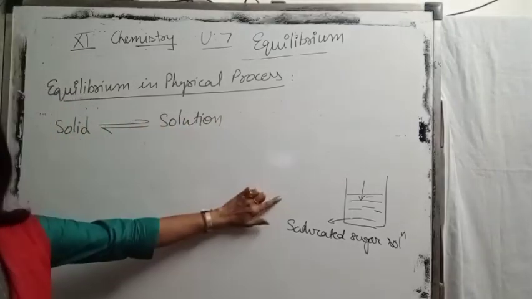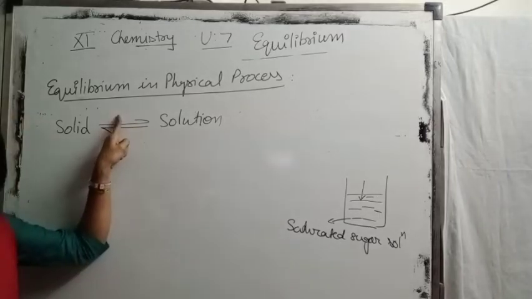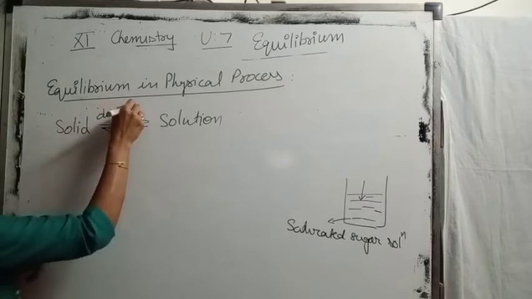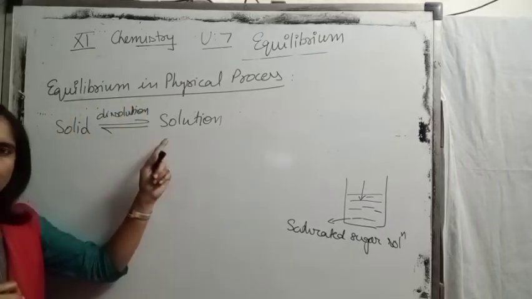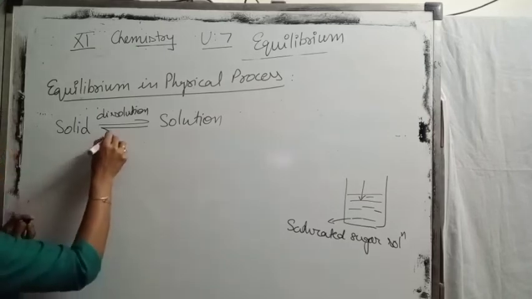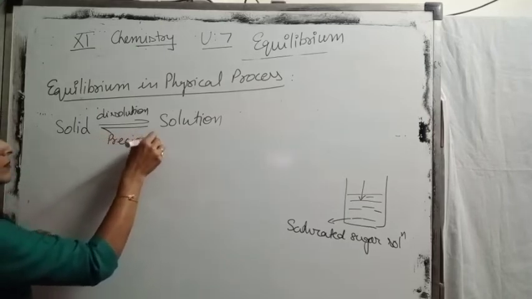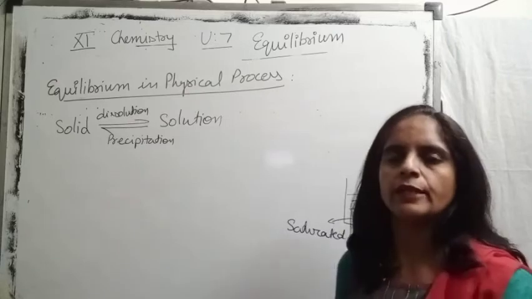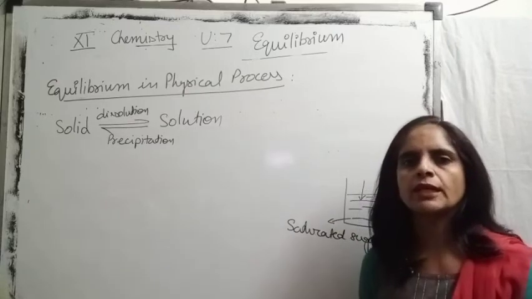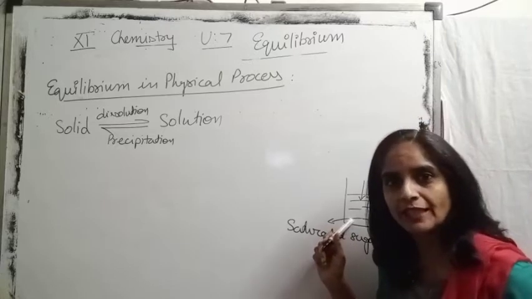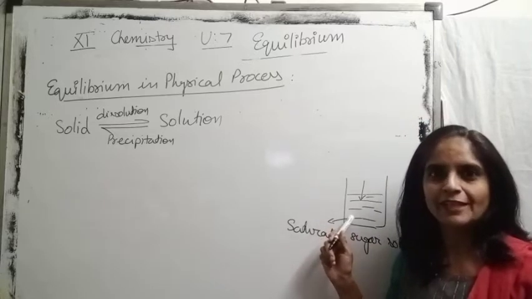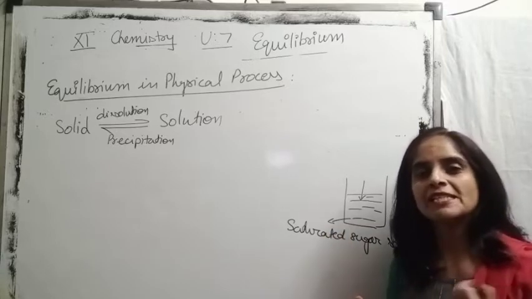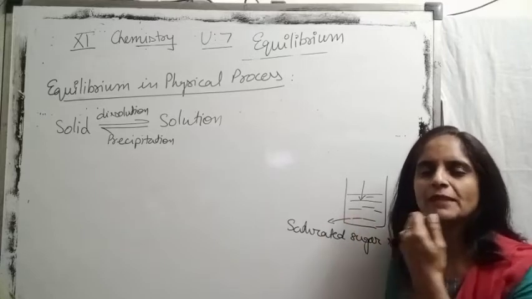So at equilibrium what happens? The rate of the dissolution process, forward is dissolution, becomes equal to the rate of the precipitation process. Means whatever the amount of sugar we are now trying to dissolve, the same amount of sugar is precipitated from this saturated solution. Understood? Or does it seem confusing how the solution is releasing sugar? But you must have read about precipitation reactions now. So it is a kind of precipitation process.